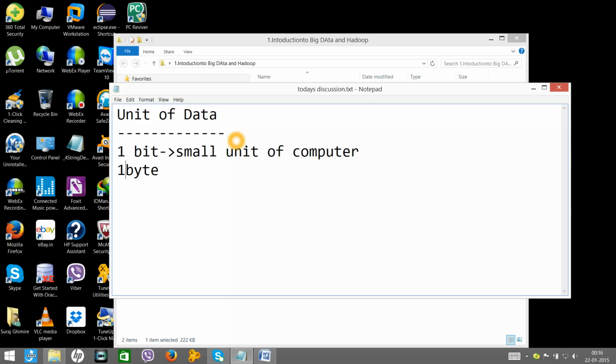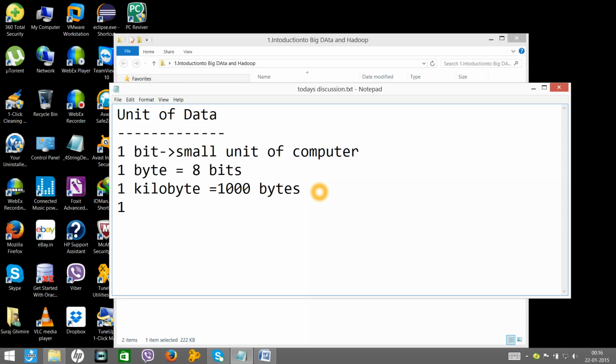One byte is equal to 8 bits. Greater than byte, we have kilobyte. One kilobyte is equal to 1024 bytes, but we'll ignore the 24 and say 1000 for convenience.